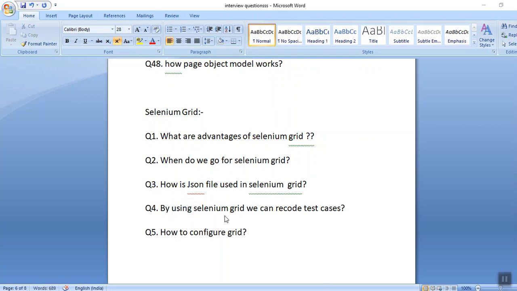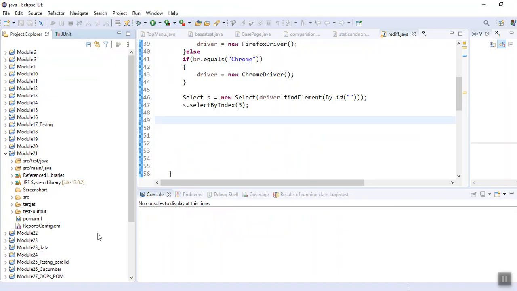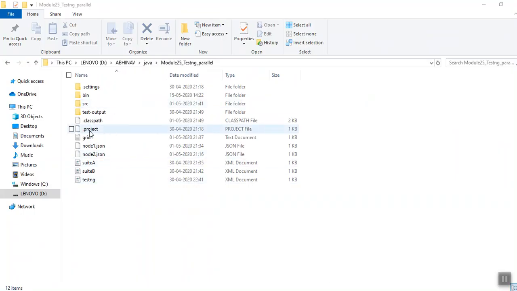The most common question which is asked in most of the interviews is how to configure Grid. For configuring Grid you should have the knowledge of all the JSON files. Let me just show you the JSON file. Let me search where I have created it. Give me 2 minutes. Here is my project, testing parallel. You can take my code also.